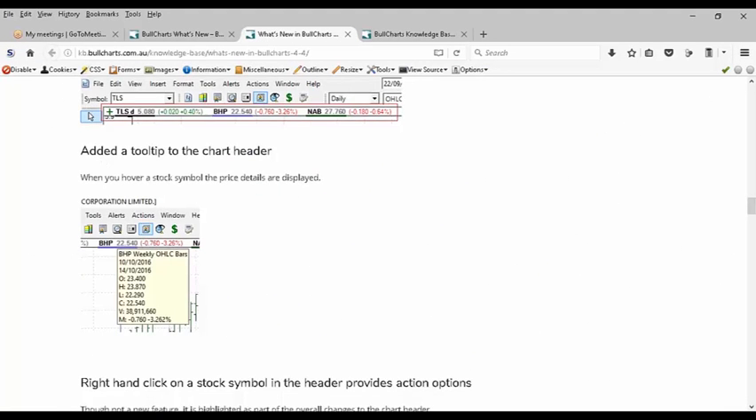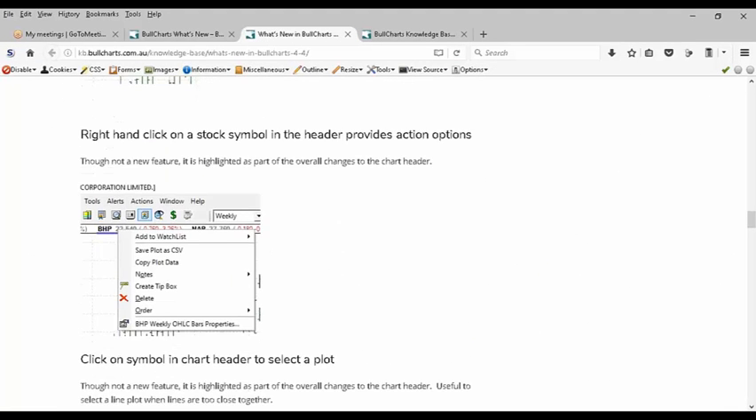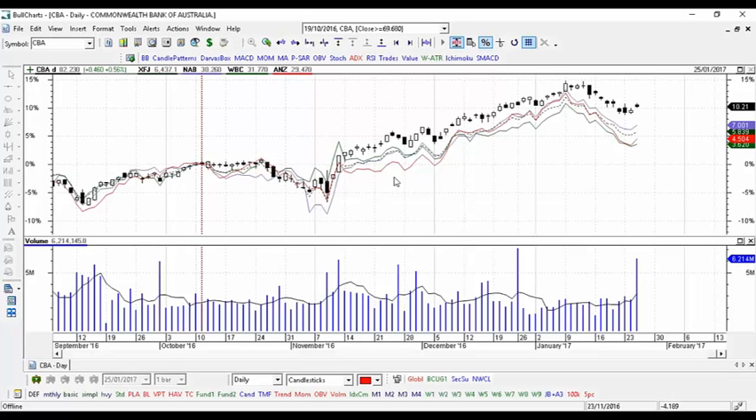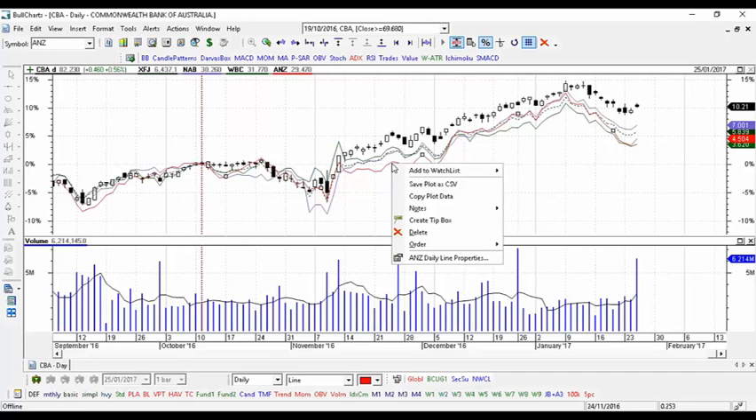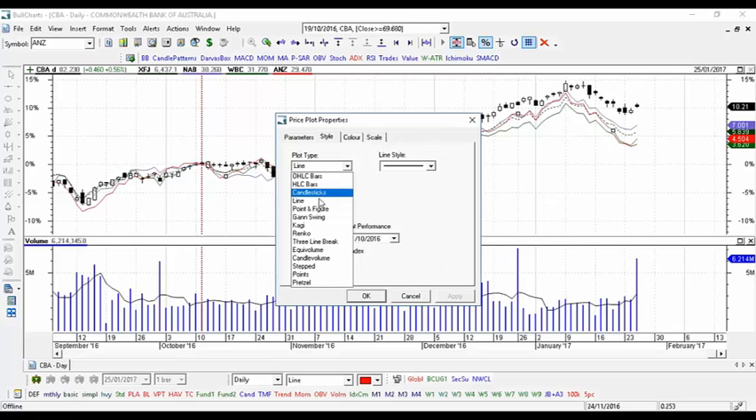That's tooltips in the chart header. Right-hand click on a stock symbol. Okay, this is something that's not obvious. If you've got a whole bunch of securities in a price plot, and you want to look at the properties for one of them or change it, and it's a bit difficult to do, you might want to right-click, for instance, on ANZ, and if I right-click there now, I can choose ANZ Daily Line Properties and change the